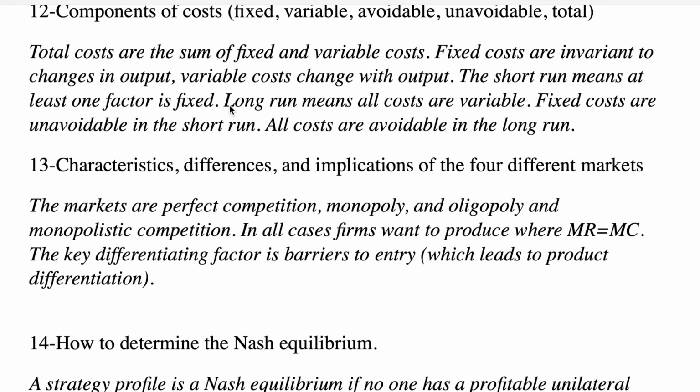Variable costs are those that change with output. This is like the cost of ingredients. If you have a cookie factory, the factory space and the machinery that goes into producing cookies and packaging them, those are your fixed costs. The ingredients, those would pertain to variable costs, and same with labor as well.